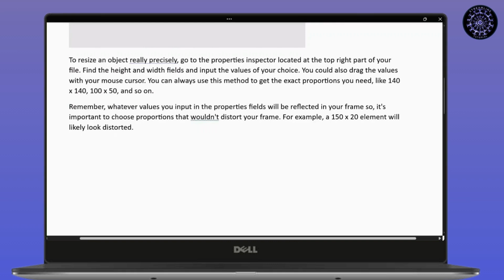To resize an element or object really precisely, go to the Properties Inspector located at the top right part of your file. Find the height and width fields and input the values of your choice. You could also drag the values with your mouse cursor. You can always use this method to get the exact proportions you need, like 140 times 140, 100 times 50,